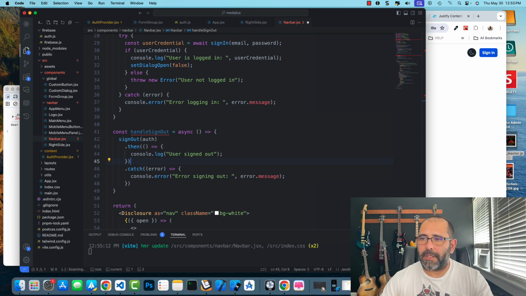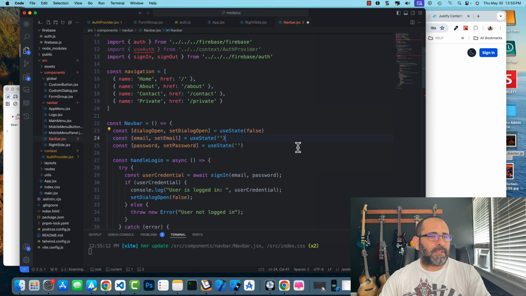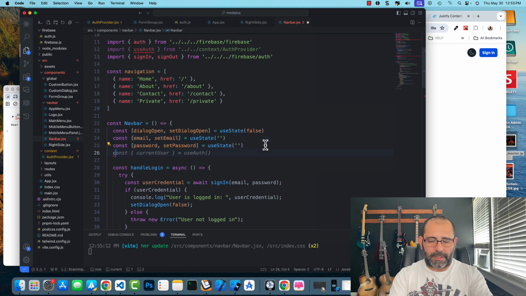Let me bring up my notes so that I can guide you correctly. Let's create a const called current user, current user use auth. You can call it current user, but let's call it user logged in, just to be more specific about what it's doing. Now that that's done,